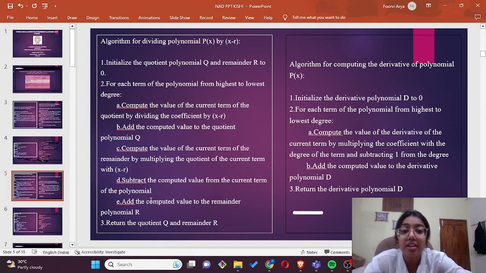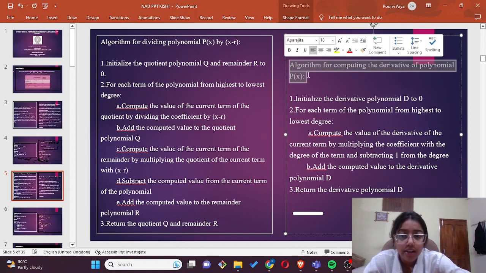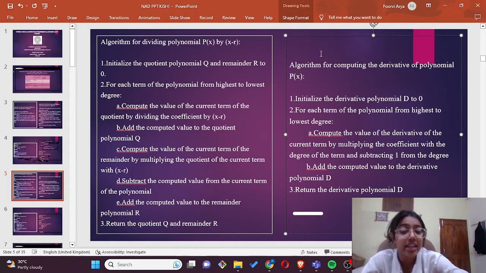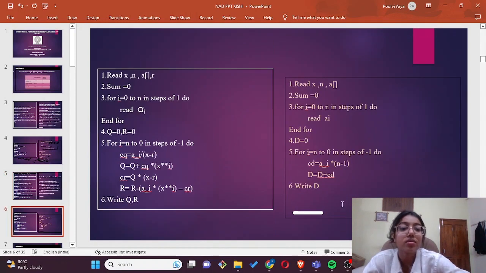Now let's see another method, that is algorithm for computing the derivative of polynomial. This is derivative. It says to initialize the derivative of polynomial d to 0. We have initialized d to 0. Before that we have read the value of x, n and a. We have initialized the sum to 0, and then for I equal to 0 to n, that is, we have determined the steps. We have found a0, a1, a2, a3 up to an, and then we have initialized derivative